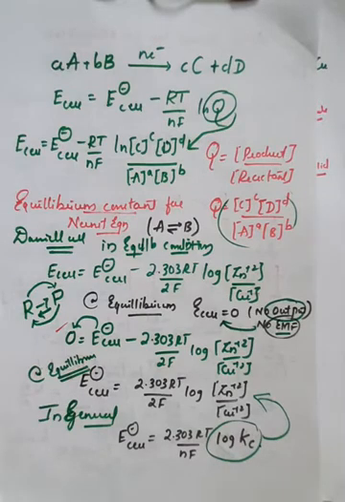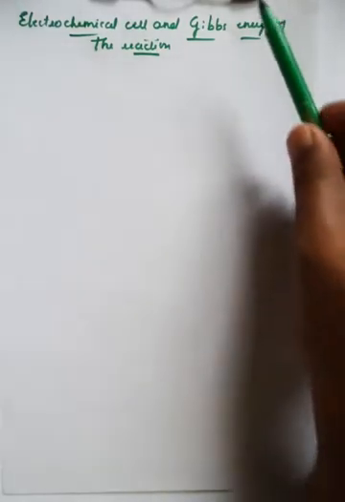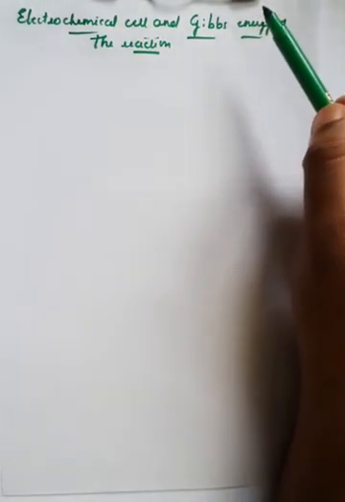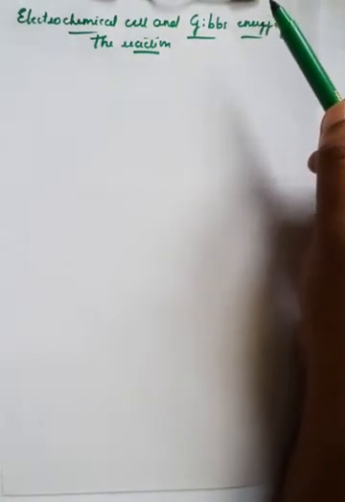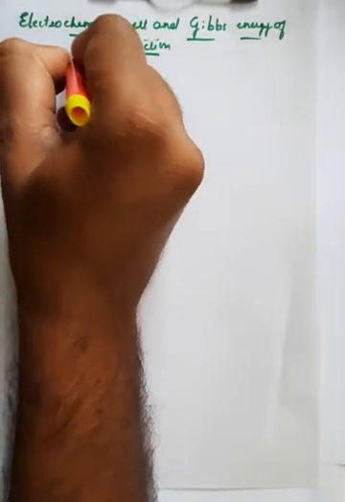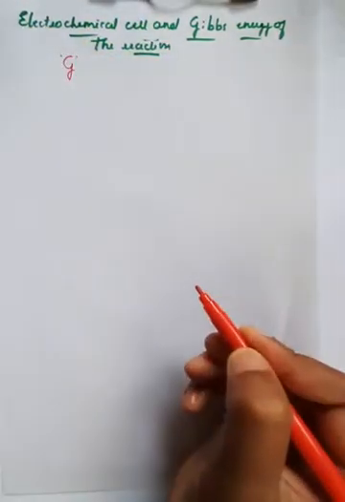In today's class, we'll go further with the electrochemical cell and Gibbs energy of the reaction. As I said, the further concept is electrochemical cell and Gibbs energy of the reaction, and you already have some ideas related to Gibbs energy. Generally, the amount of available energy that can be converted into work, or used for further useful work, is known as the Gibbs free energy, and it is denoted with capital G, right?